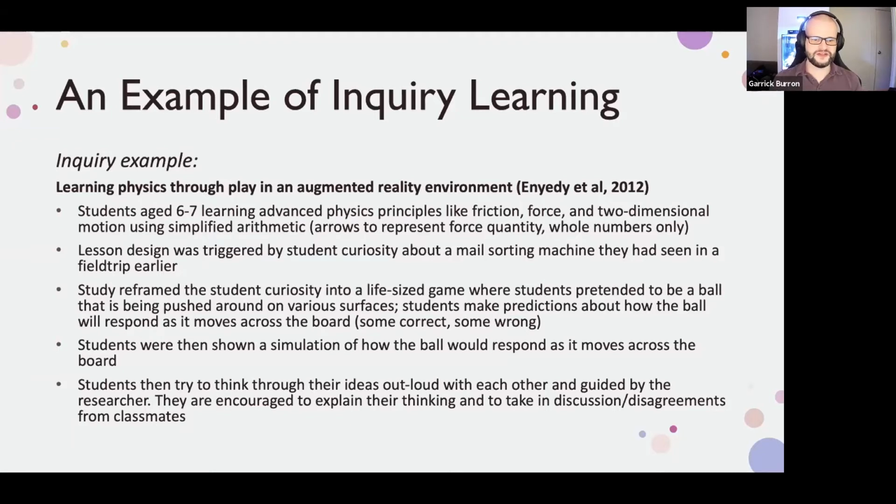And then the students were shown to think through how they would respond. They were encouraged to speak their ideas out loud and discuss with each other, whether or not they were right or wrong. And that's actually one of the critical things, is they will say stuff and it's totally wrong. But that's not the point. The point is that they're saying it and they're speaking out loud and they're making their learning public. Next slide, please.